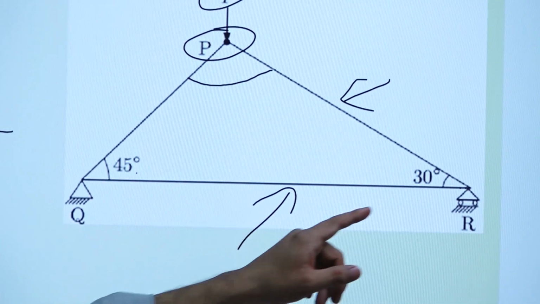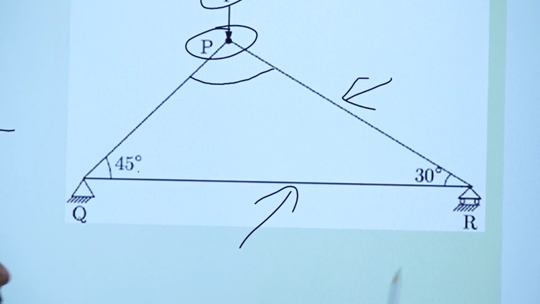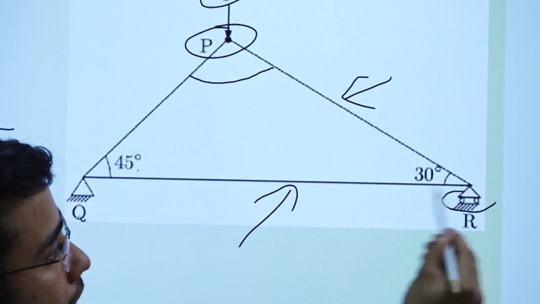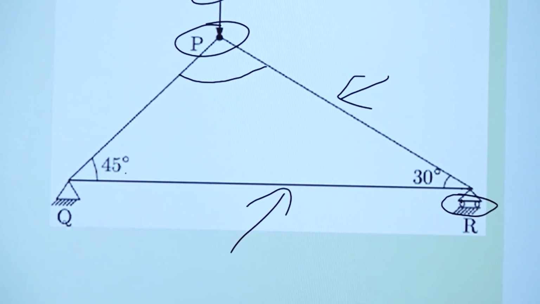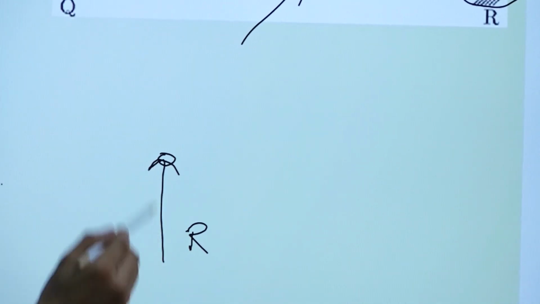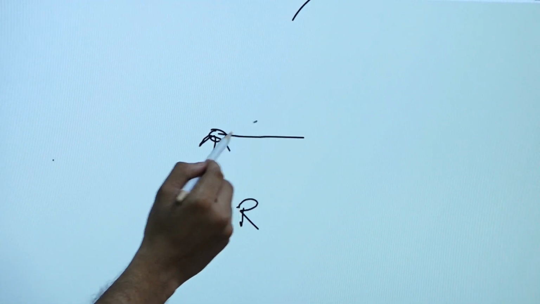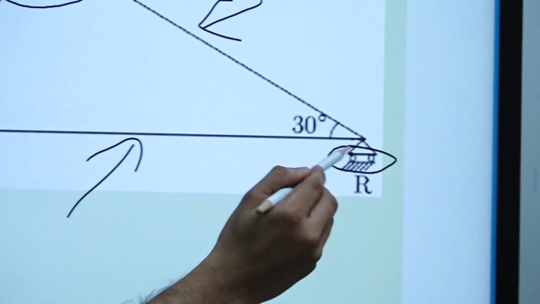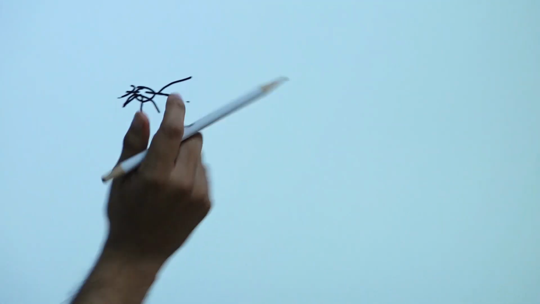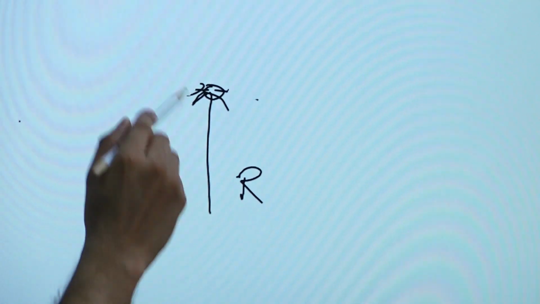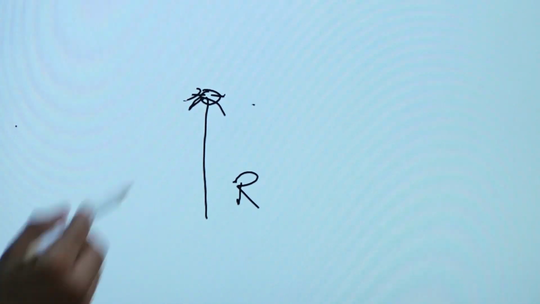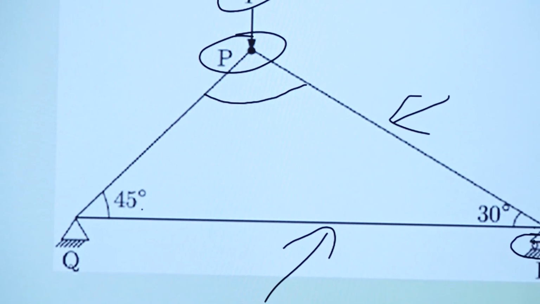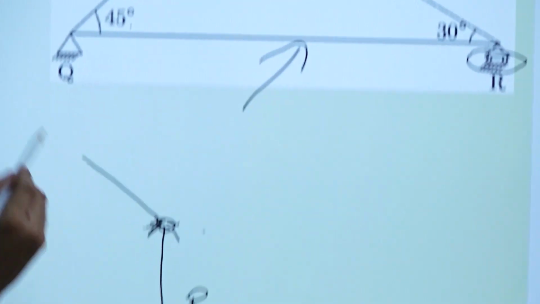And how I got to know that it is simply supported? There are the rollers here. Okay. In the diagram you can see rollers. So whenever we have rollers, we will have only one force in upward direction. We cannot have this force or this force separately acting at the joint, right? So we will have only this force R, right? That is acting upward. One force will be acting because of PR, right? That we already found out. This one, FRP.